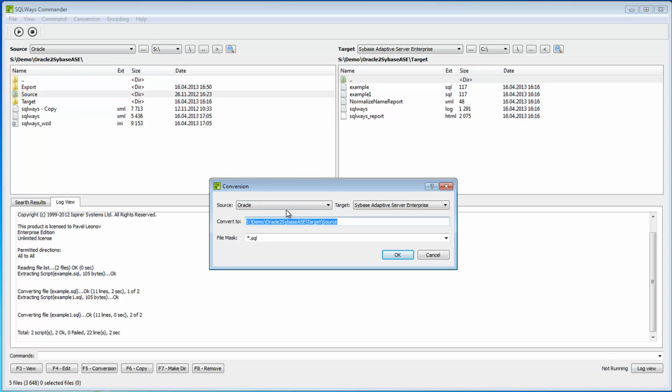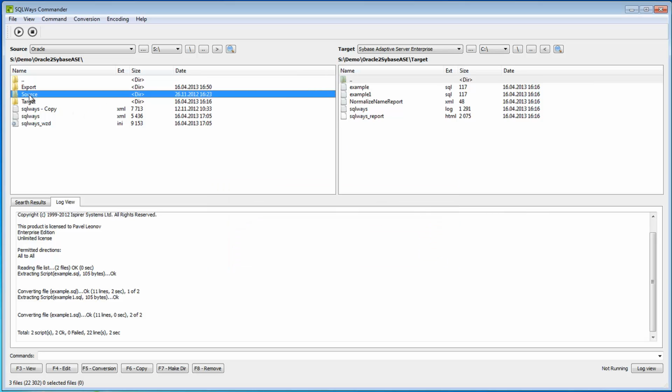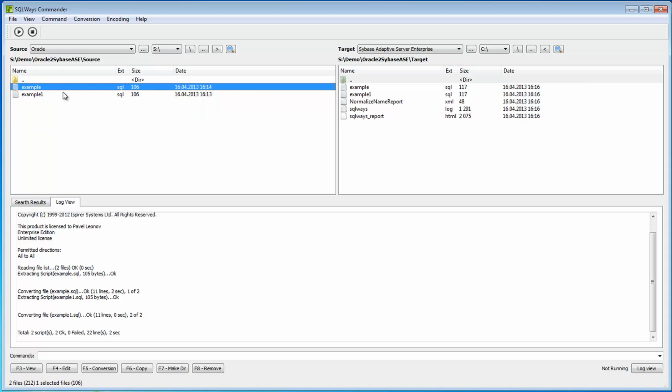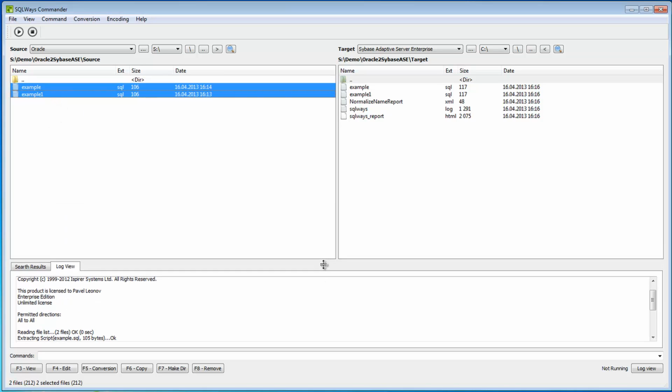You can specify the file mask for files that require a conversion from this enclosed folder. Or you can choose just one file or a set of files for the conversion from the left to the right pane. So it's organized a little bit